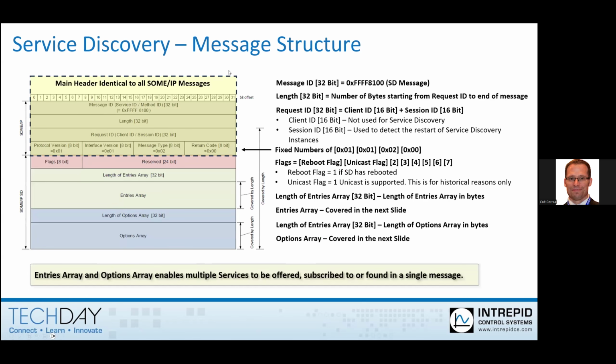We don't have time to go into the service discovery message structure. I'm really running out of time here, unfortunately. But the same header that we've seen before still exists in service discovery, and then we have arrays of services that we're either going to look for or we're going to publish. The reason the array is dynamic is that you can do it with one message. If we didn't have an array, for every service we'd want to subscribe to, we would have to send out a new message. Because we have an array, we can say, okay, I want to subscribe to these 5 different services as opposed to just a single one. Of course, a single one does still work.